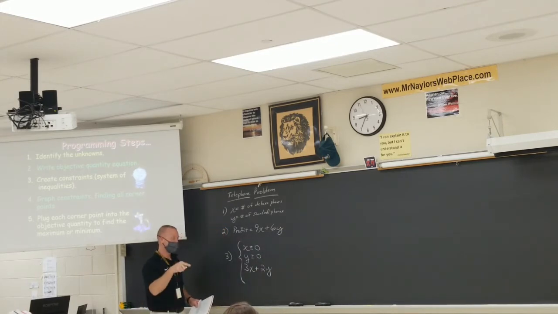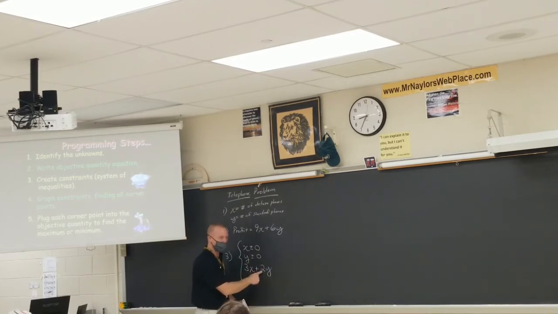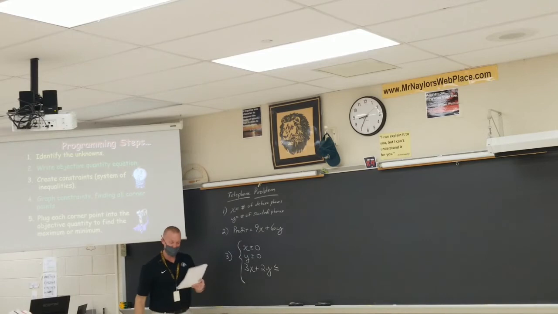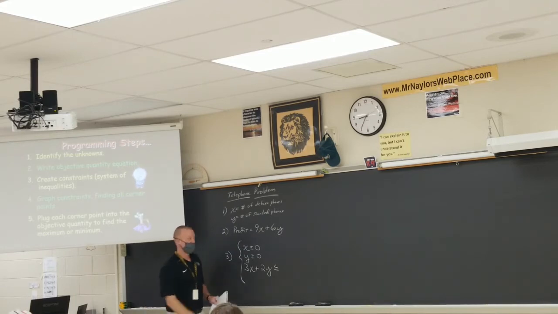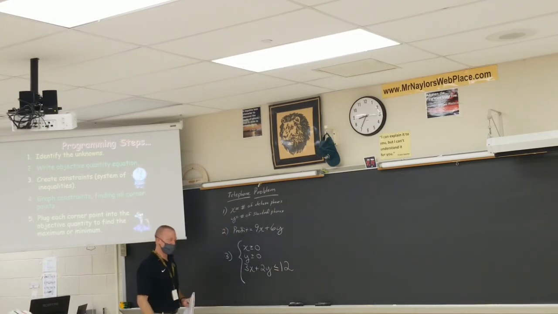Now, I had to move to the next sentence because 3 hours is machine A and 2 hours is machine A. And if you go to the next sentence, it says that there's only so many hours that machine A is available. So it's a little tricky, but if you see it after the teacher writes it, I hope you see that